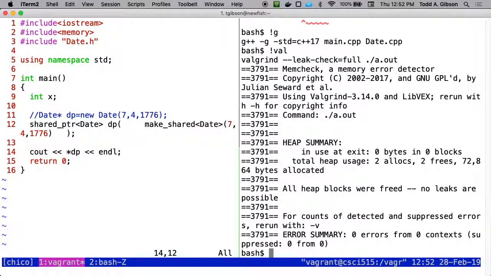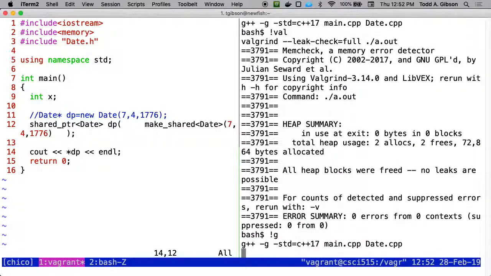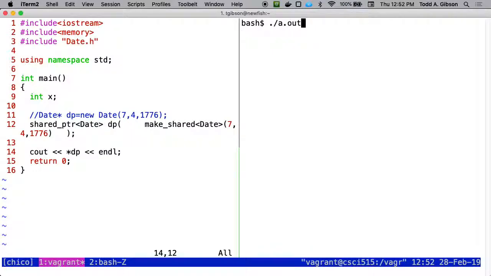Let's give it a go. Let's run it. And I haven't run it through Valgrind, but Valgrind is going to say everything's fine. You will note that even though I no longer have to specifically delete it, when DP goes out of scope, the destructor runs. There are other types of pointers. There's like a unique pointer, which, as it implies, only this variable is the only one that's going to be referring to that memory. I wanted you to use shared pointers with the symbols